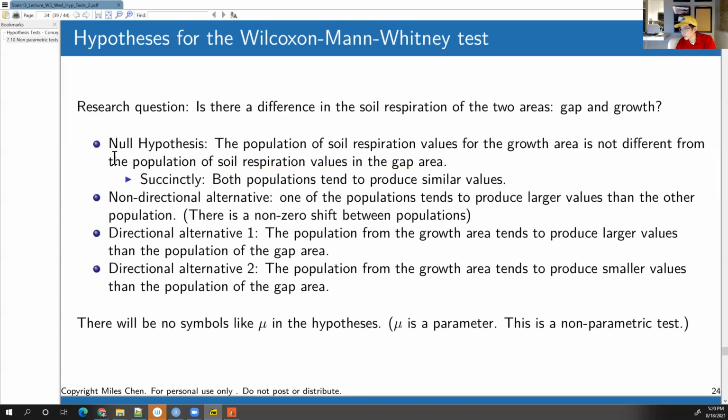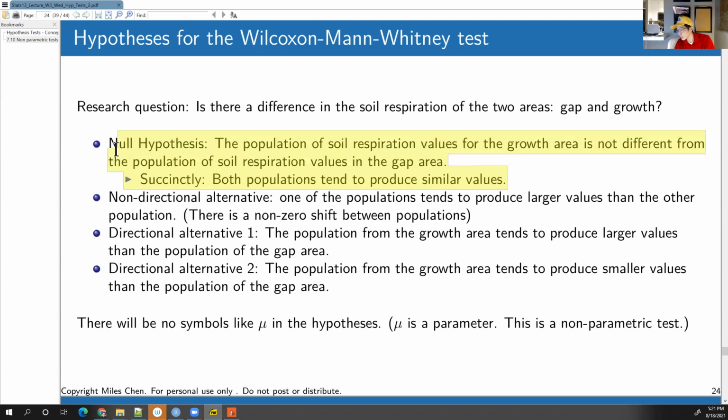Now, the null hypothesis has to be this wordy mess when we're doing a non-parametric test. You cannot use words like the mean. There will be no symbols like mu in the hypothesis. There will be no words like the mean in the hypothesis. This is non-parametric, so add that. There are no words like the mean in the null hypothesis because